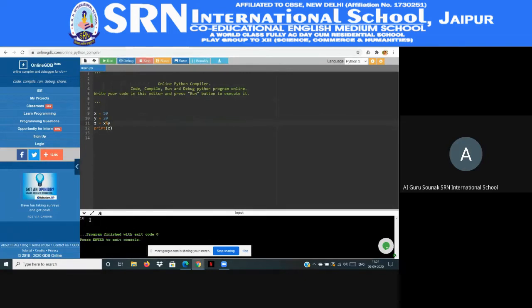See, it is giving 10. Why? 50 divided by 20 is not 10, but we are doing modulus, so it gives the remainder as a whole number. So this is the difference between the division sign and the modulus sign. Clear? You will be doing this day by day, not today. Day by day we will understand when to use modulus and when to use the division sign.